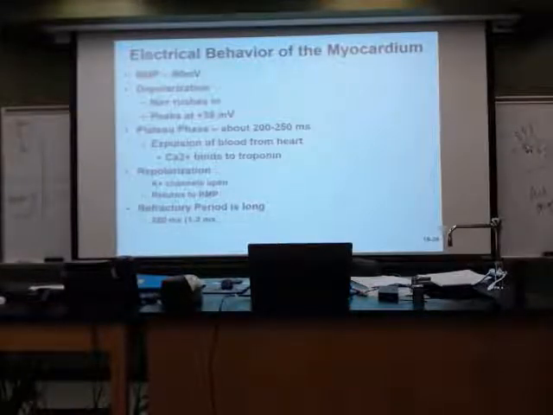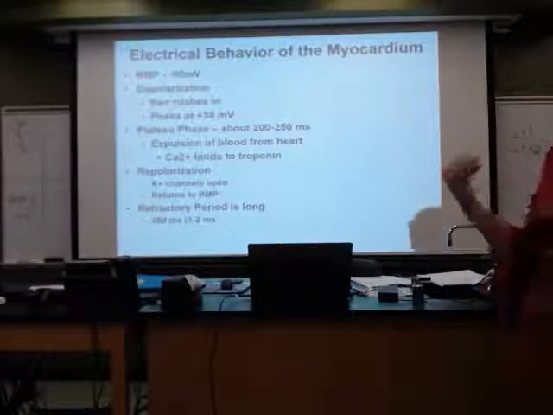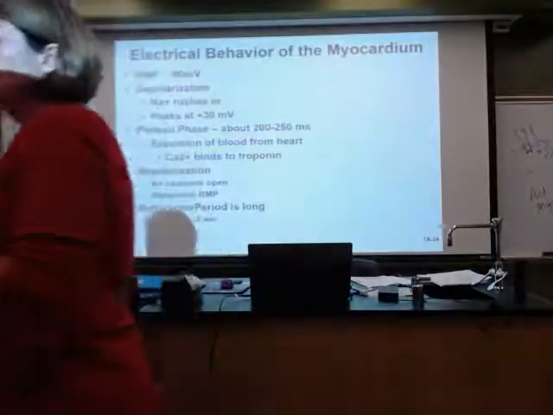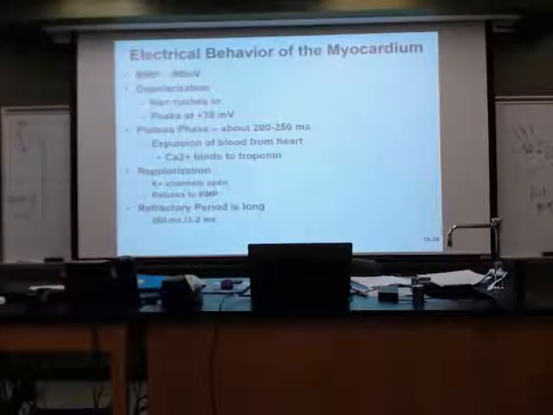So the opening and closing of all of those valves, the one that they term the pulmonic, the aortic, the tricuspid, the bicuspid, every single one of them opens and closes based on pressures in those ventricles. But getting back to our heartbeat,